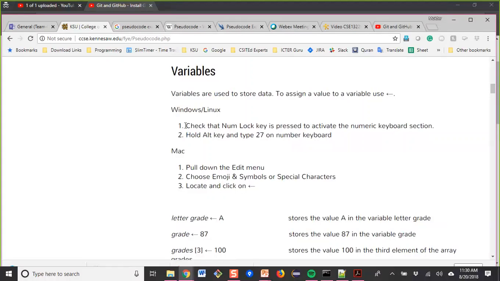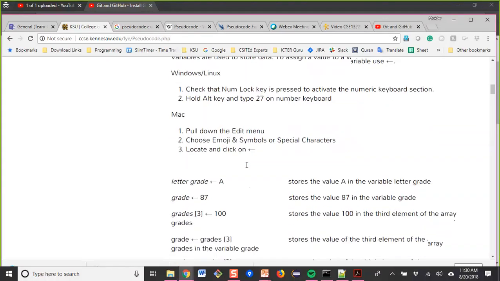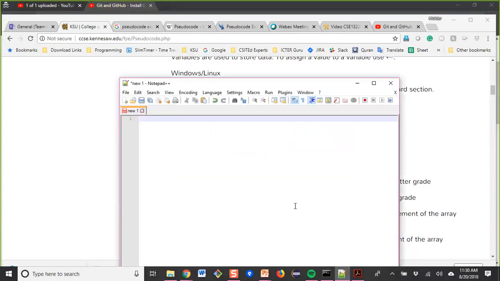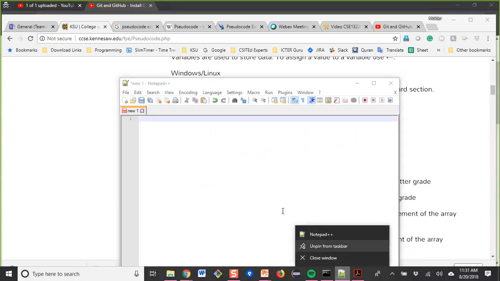You have to check that your Num Lock key is on. Let me open Notepad++. As I recommended, please install Notepad++ and keep it pinned to your taskbar.